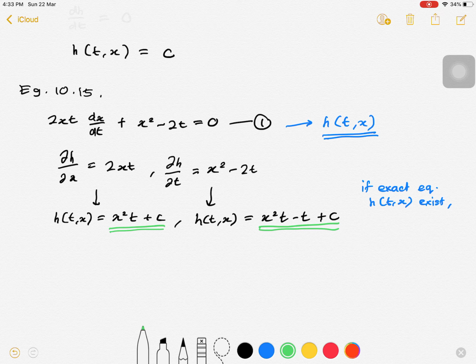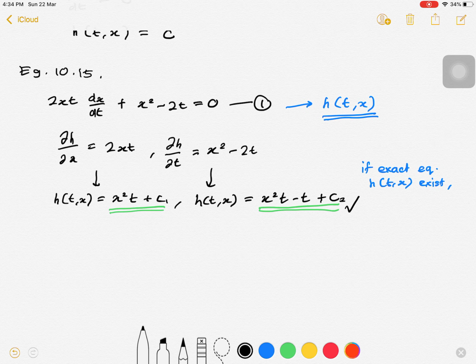There is a little difference: this one should not be the same c, this is c1 and this is c2. When we see this kind of answer, we can assume this one is more accurate, and we can try ourselves whether this is accurate or not. We can also simplify by eliminating the constant. So you can try by yourself whether this equation is correct. So x square t minus t square, when we integrate with respect to t, delta h delta t is equal to